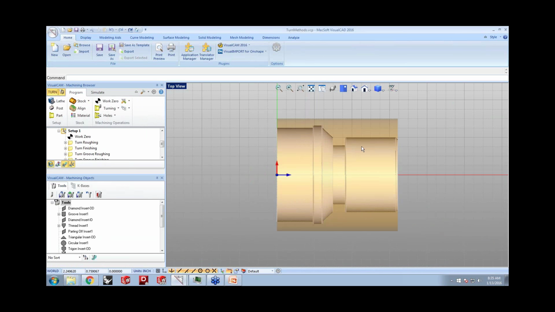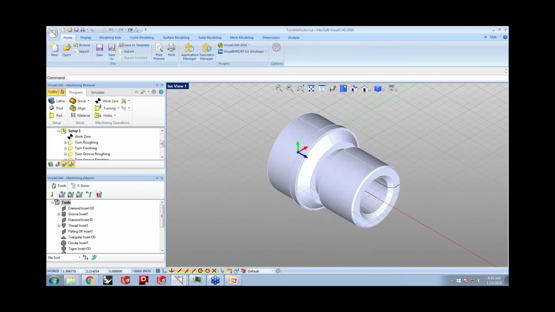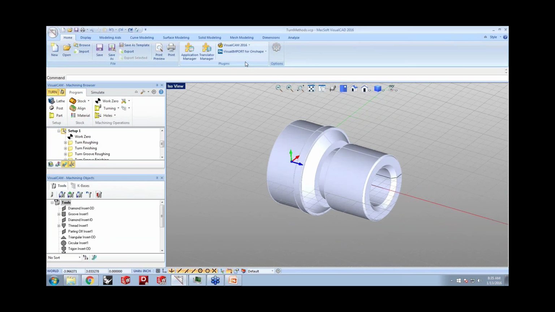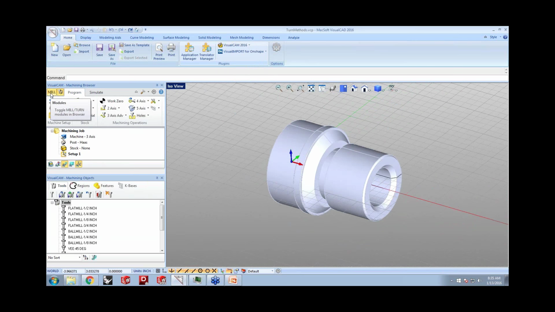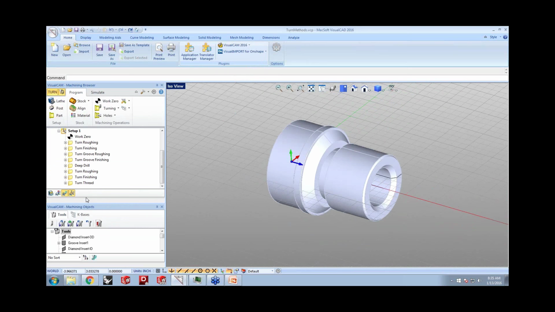So there it is. I now have a part loaded in here, and this part is ideal for programming on your CNC lathes. So to switch from the mill to the turn module, you can click on VisualCAM and then select turn, or click on this button on the mill module to toggle from mill to turn, and this automatically displays your turn interface. The turn module offers two-axis turning solutions starting with roughing, finishing, groove finishing, follow curve, threading,